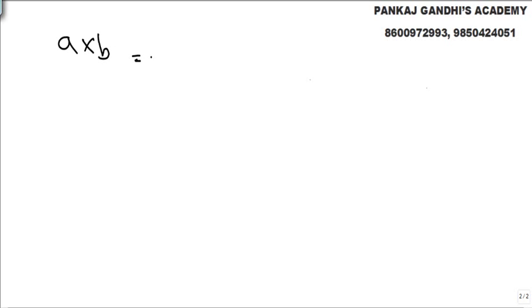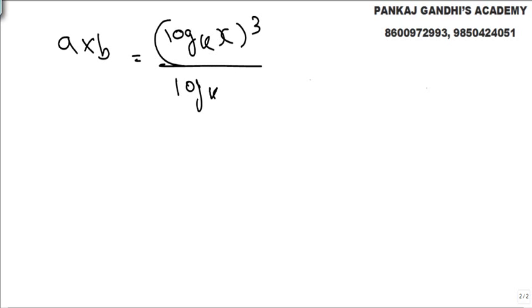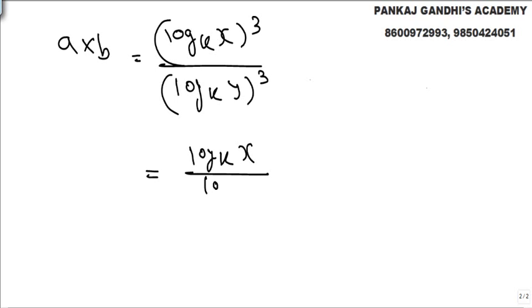A into b, that's what we were doing: log to the base kx 3 times and log to the base ky 3 times. So now, what we get here is a simple concept. A into b, we got this total 3 times. So now what we can work out is log to the base kx upon log to the base ky, this bracket raised to 3 times.